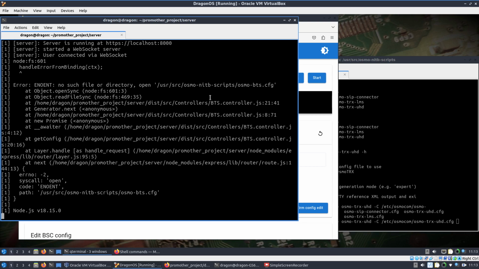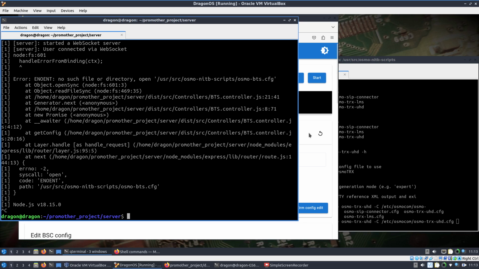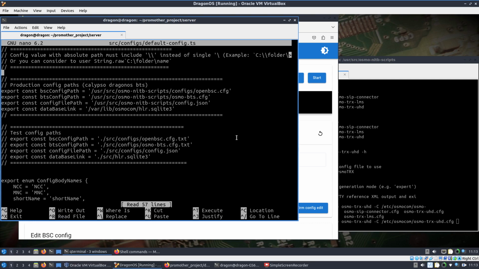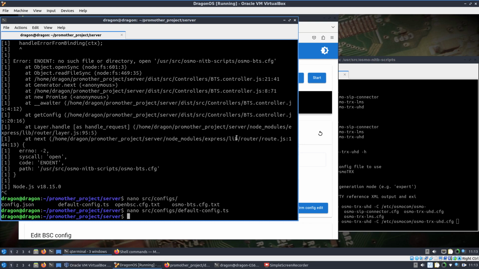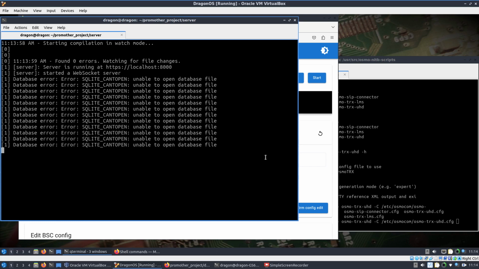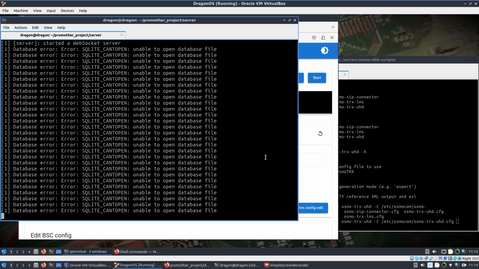Oh, wait a second. Okay, so I must have. Let's open that back up. And where did I go wrong? So this needed to be configs. Yeah. Okay. Start the server again. Unable to open database file. Okay, so there's no database because